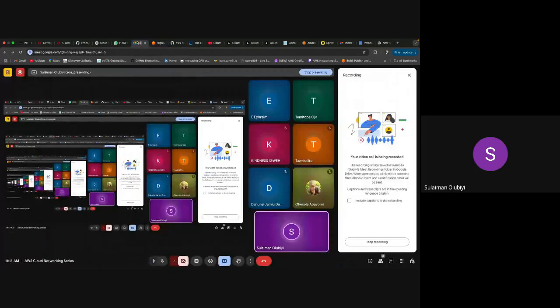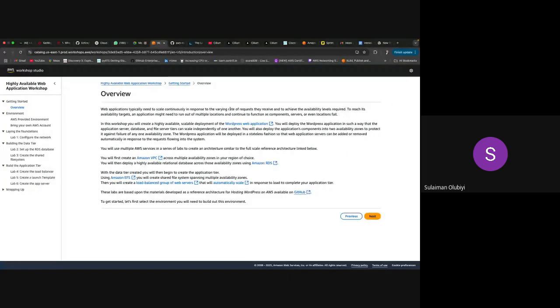Okay, good morning, everyone. Today we'll discuss the project that was presented last week, and let's break it down step by step, along with all the components included in it. First of all, we'll be discussing the highly available web application. The project is deploying a WordPress application on AWS, and it's not just deployment; it includes